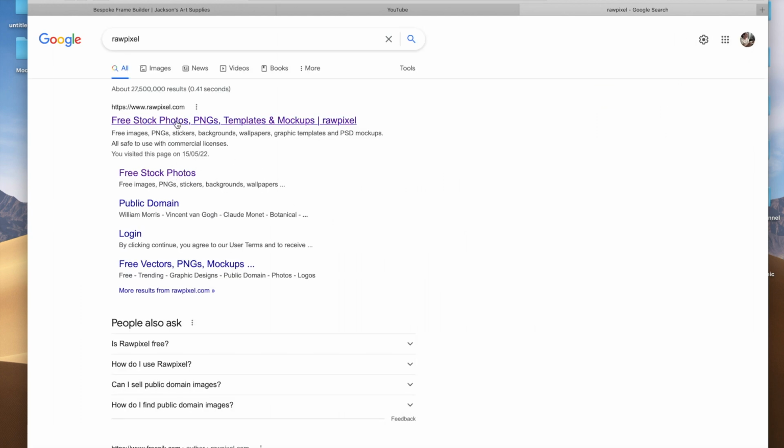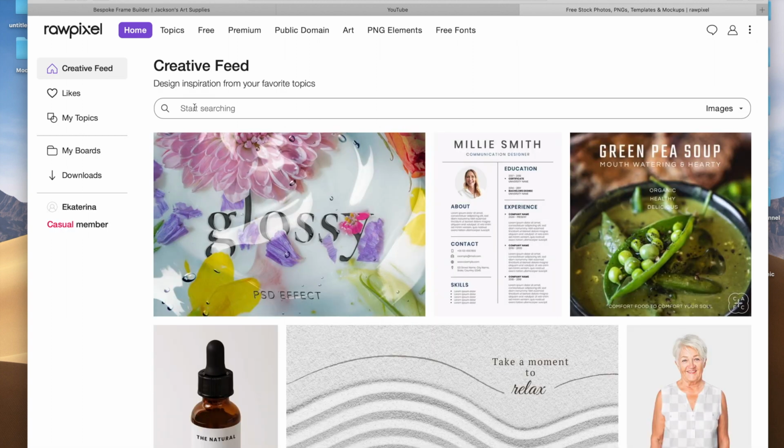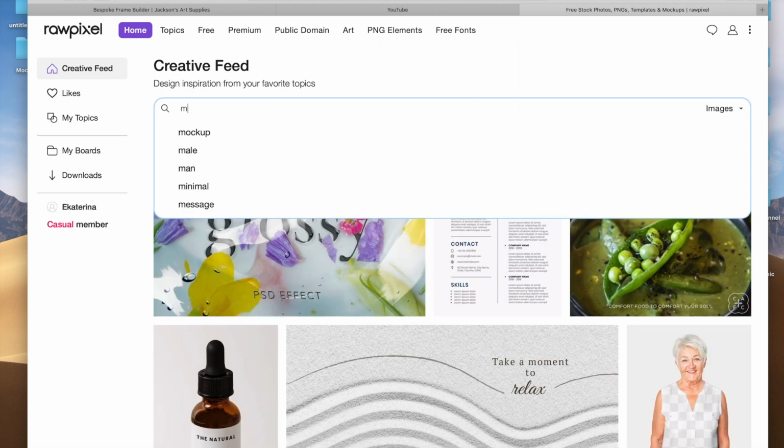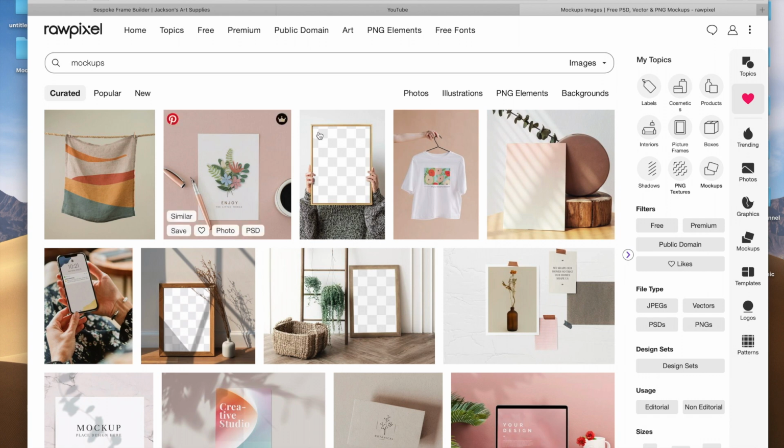Okay, let's dive in. Let's have a look at some of the pretty cool mockups I found on rawpixel.com. Again, most of them are free, some of them part of a premium subscription, which is not very expensive, so I will highly recommend to use that website. Okay, so first